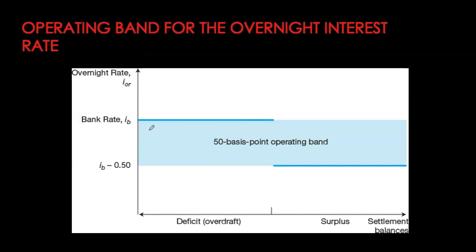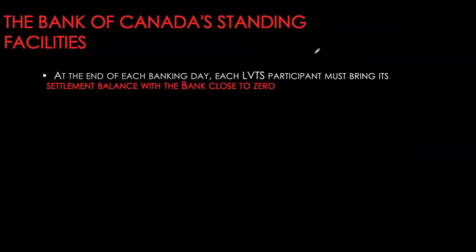We have the upper limit of the band at IB, which is our bank rate, and the deposit rate or IER is equal to the bank rate minus 50 basis points or 0.5%. The target for the overnight interest rate is at the midpoint of this band, which would be your bank rate minus 25 basis points. At the end of the banking day, each LVTS participant must bring its settlement balances with the